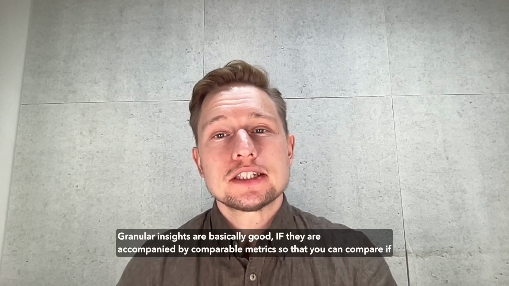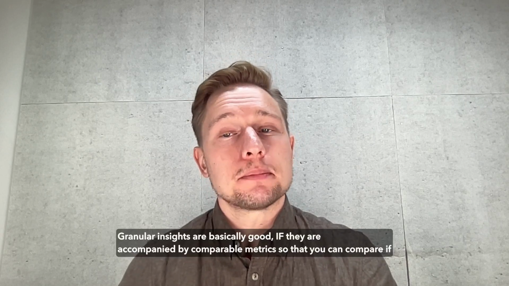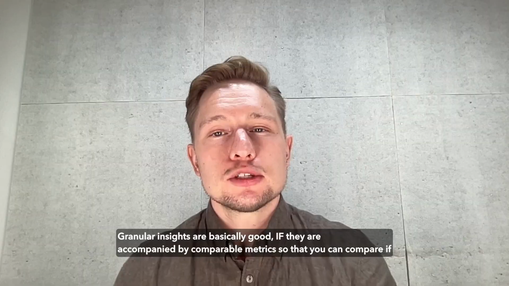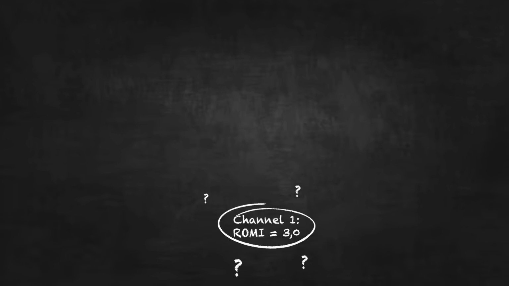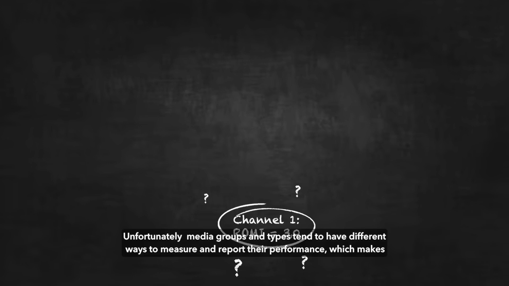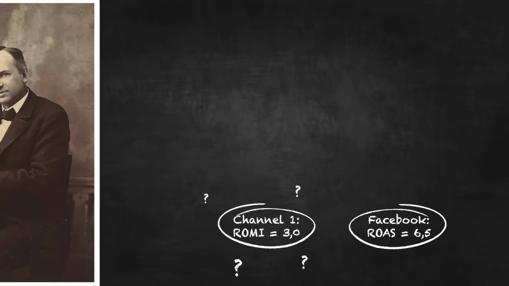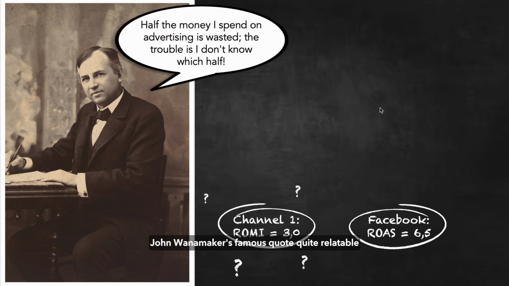Granular insights are basically good if they're accompanied by comparable metrics so that you can compare if an ROI of 3 is good, average, or below average. Unfortunately, media groups and types tend to have different ways to measure and report their performance, and hence we have the famous saying by John Wanamaker: